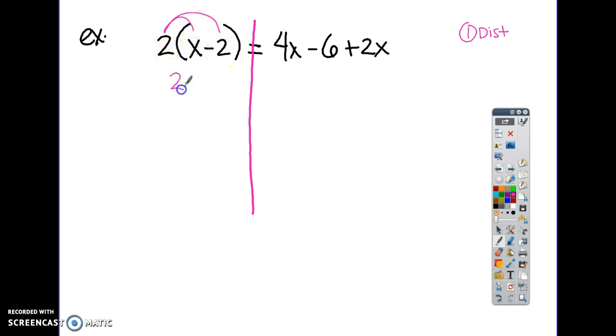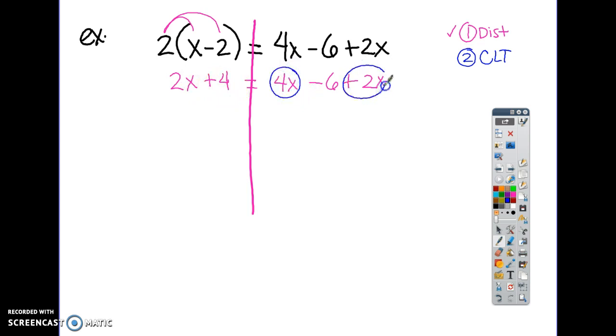2 times x is 2x. 2 times -2 is a +4. Bring everything else down, equal 4x minus 6 plus 2x. Okay, so that one's done. Step 2, combine like terms. So things that look alike. On the left, you have an x, no x. You can't combine those two. On the right, I have an x and another x, which I can combine,